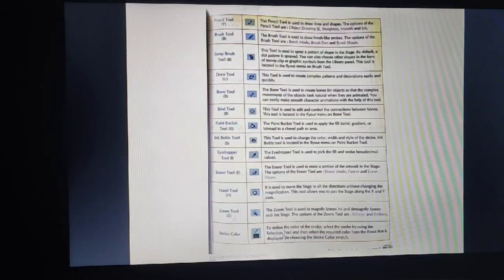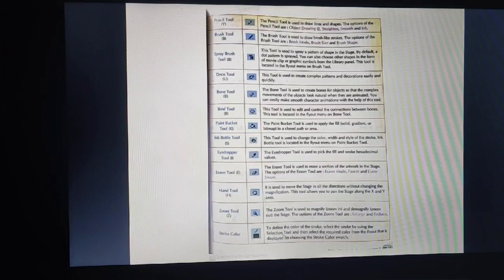Then there is your paint bucket tool. The paint bucket tool is used to apply a solid fill. Whenever you have to fill some color, the paint bucket tool is used. You must have seen in Paint also, there is a bucket-like icon present there. Whenever you have to fill a color in some shape, you just click on that bucket and you get your color filled. Same is happening here.